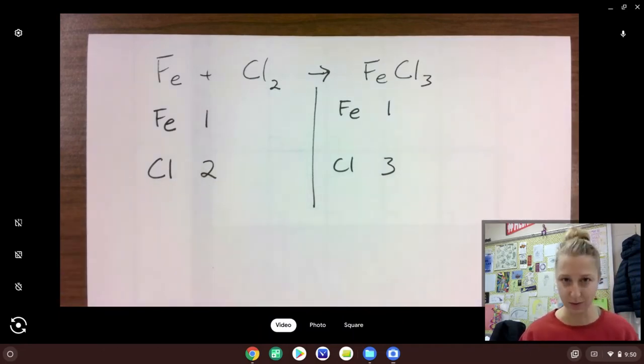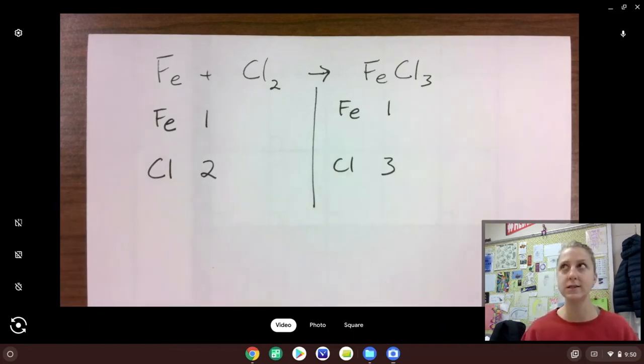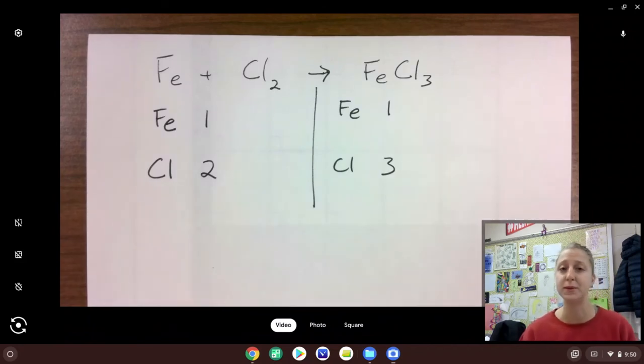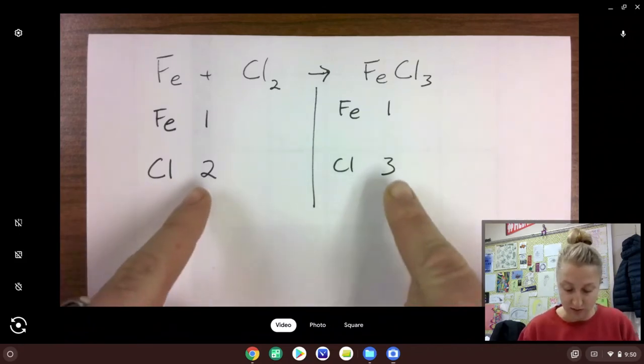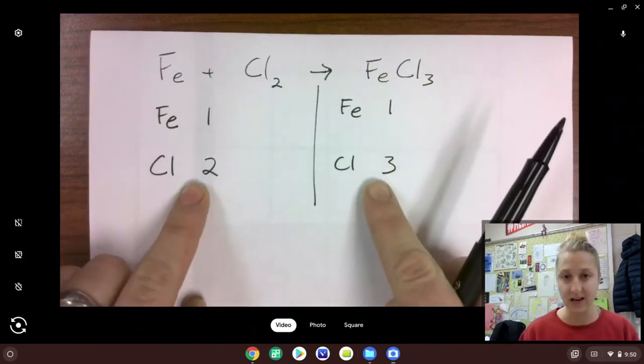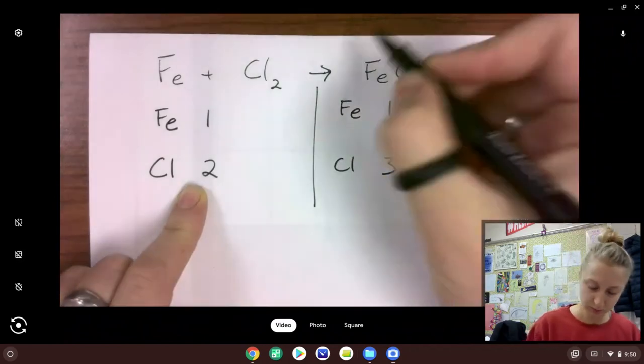We can't put decimals in these. So in this case, we actually need to think of our least common multiple. So what do 2 and 3 both multiply to? Often it's just, if you multiply these together, what do you get? So in other words, I need to make these Cls equal. So if I multiply this 3 by 2,